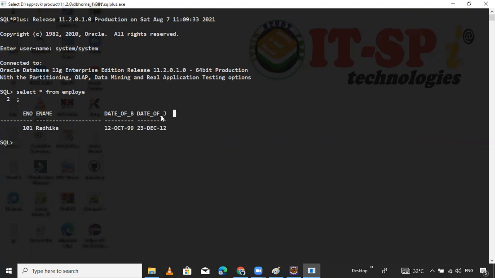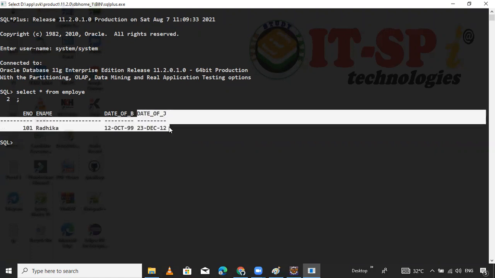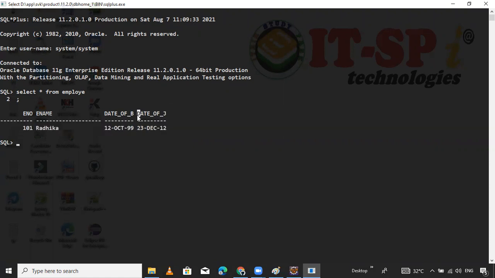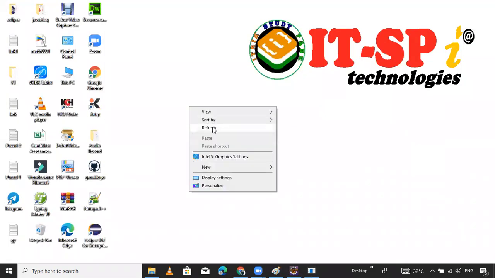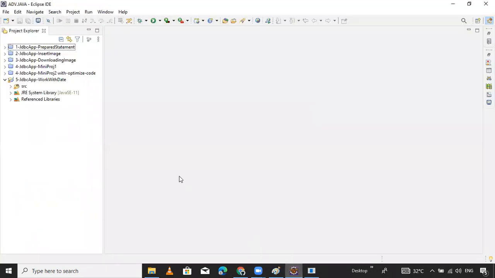We prepare this example on the basis of date of joining. So now let's go to our example. Import java.sql.Date.